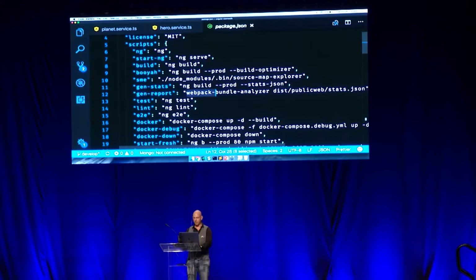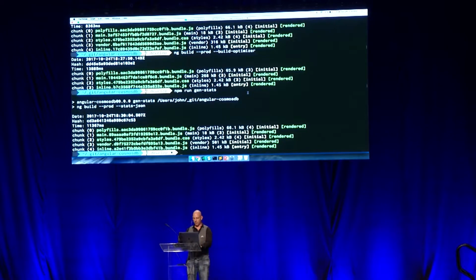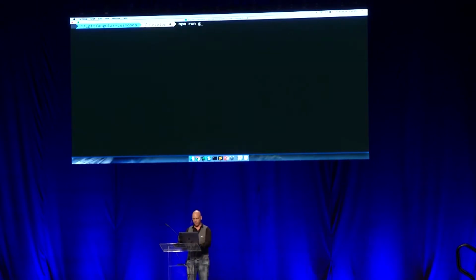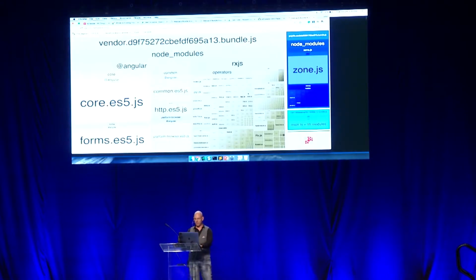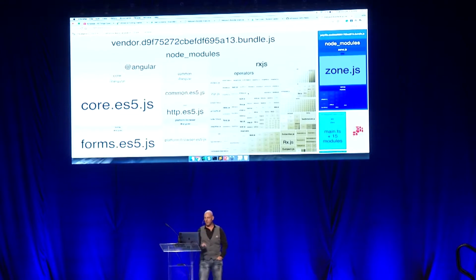Webpack Bundle Analyzer, which is right there. And another one is you can run something called Source Map Explorer. There's a couple of these that are out there. So let's run gen report. Now this is going to look at that stats JSON file, and it's going to explore and explode up everything inside my project. The thing to look for in here is going to be, do you see anything on the screen that shows like millions of little tiny rectangles? If you see that, that's a good sign that you're probably pulling in a lot more than you actually need